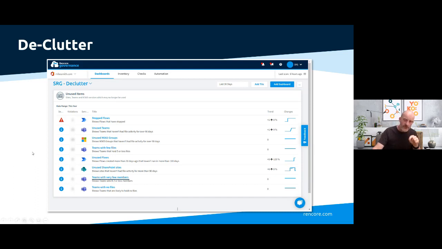One of the things that I've not shown you here, but I will show you in the demo, is that for all of these checks that you can see on the screen, I can click on those and view details about every instance that's been found. So if I clicked on stopped flows, for example, I would see a list of all the flows which were in a stopped state, and then I can further dig down into each of those to view very detailed information about each flow. So there's a whole raft of information available behind these dashboards that I can click through to and view. I will show you that in the demonstration.